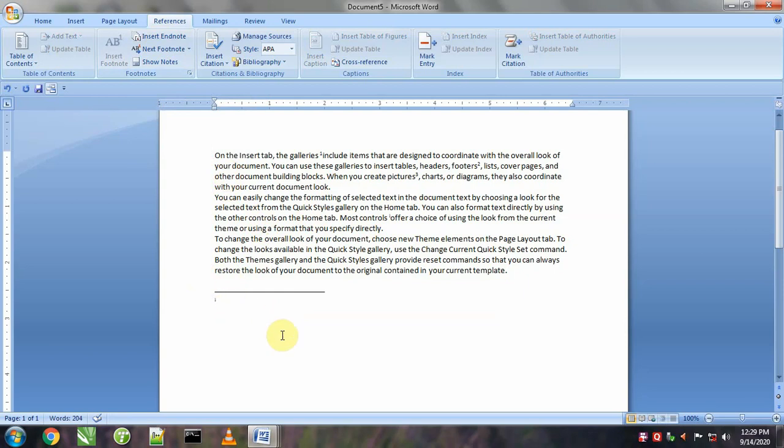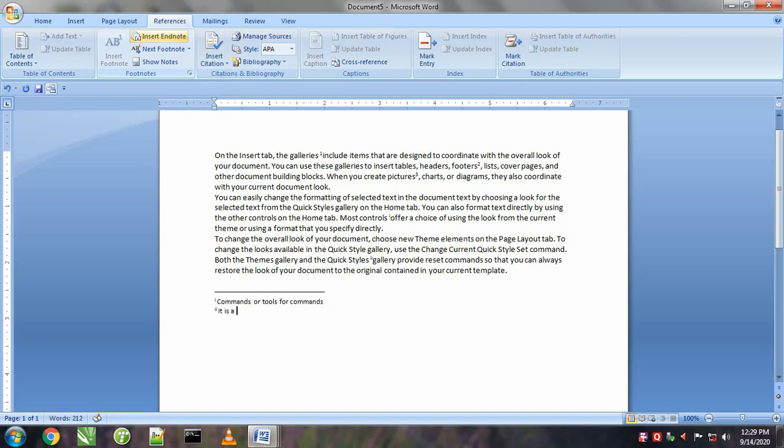So I will give the definition of controls. Controls means commands or tools or commands. Next is styles, and I will put a note on styles.